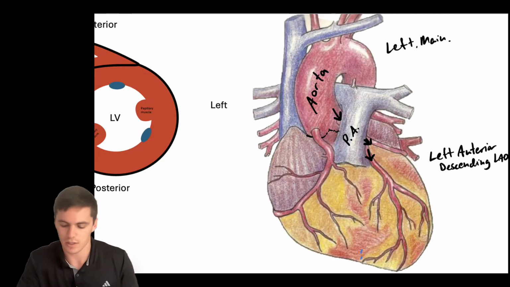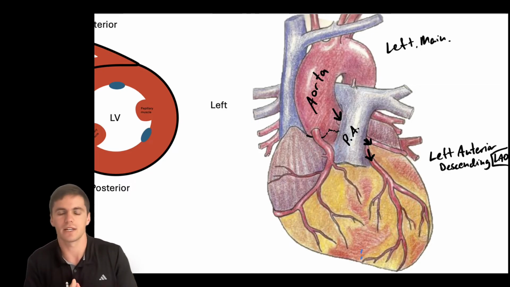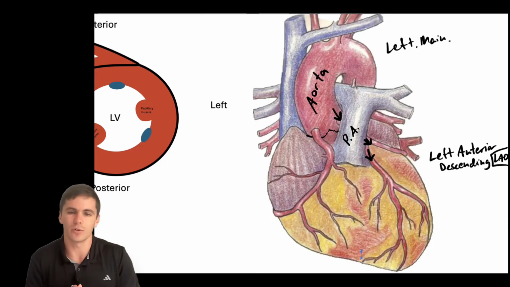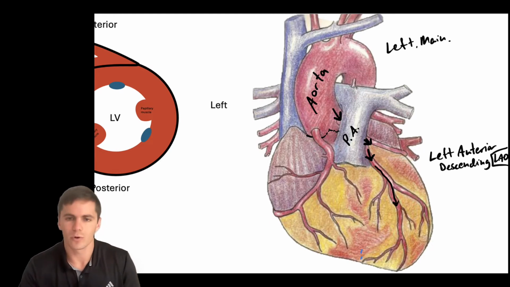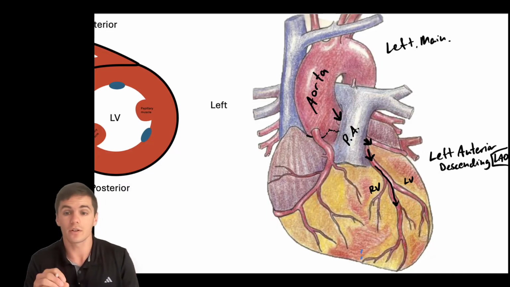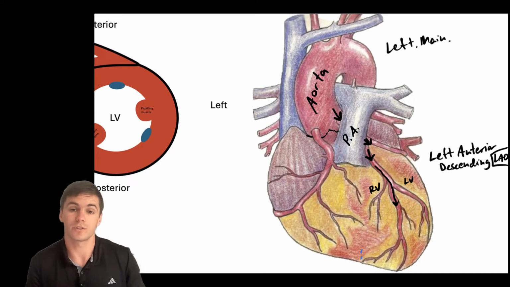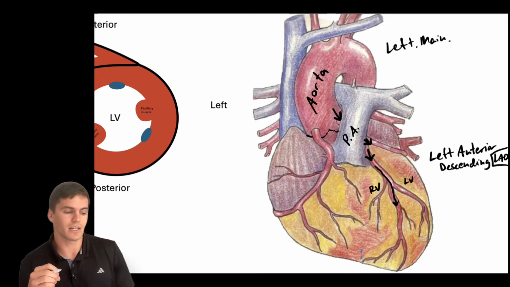So the left anterior descending artery, or the LAD, is the first branch that dives anteriorly over the myocardium, right? We're looking right at the myocardium in anatomical position. The left anterior descending runs down this groove, and that groove is in between the left ventricle and the right ventricle. So other, more accurate terminology for the left anterior descending artery is actually the